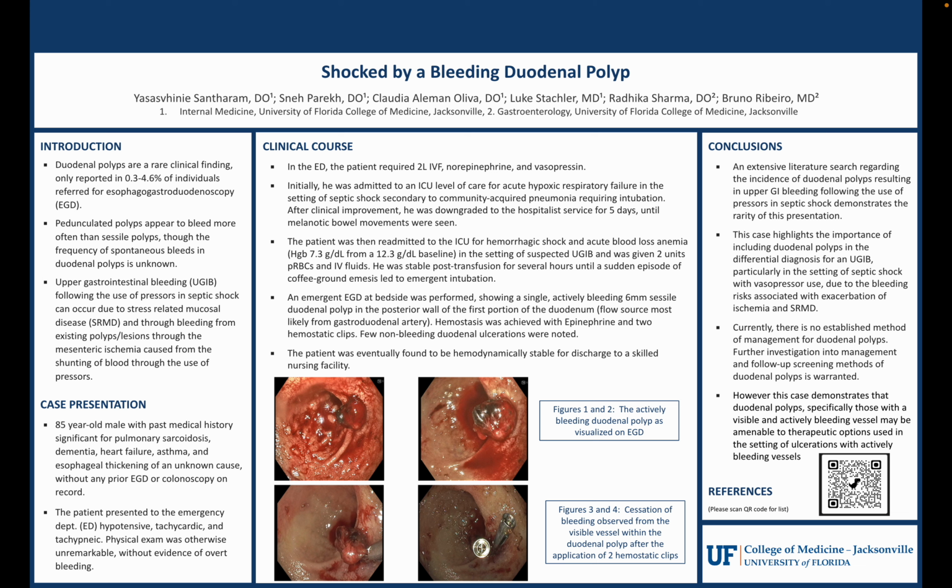is still relatively unknown. Another important point is that upper GI bleeding following the use of pressors in septic shock often occurs due to stress-related mucosal disease and bleeding from existing polyps secondary to shunting of blood through the use of pressors. Now, we present a case of an 85-year-old male who presented with a past medical history significant for